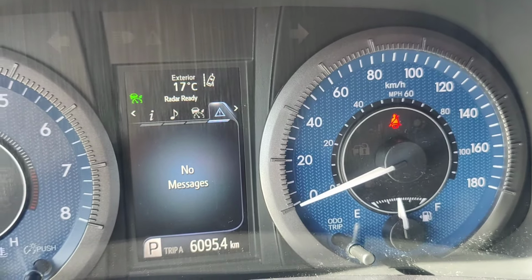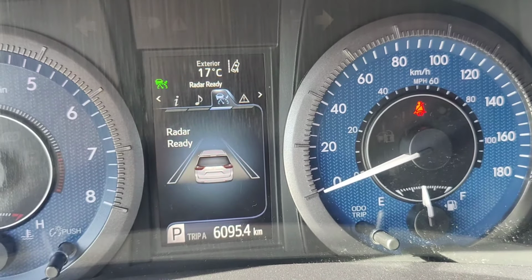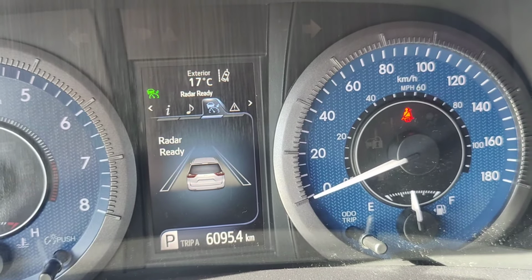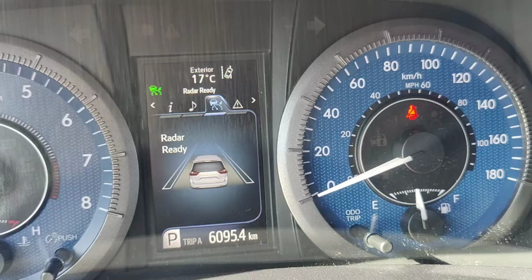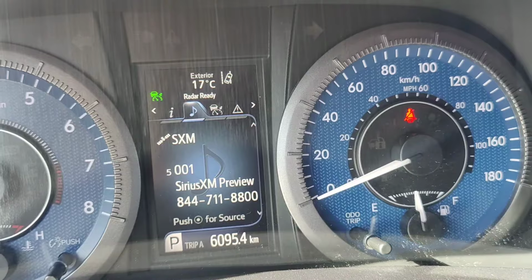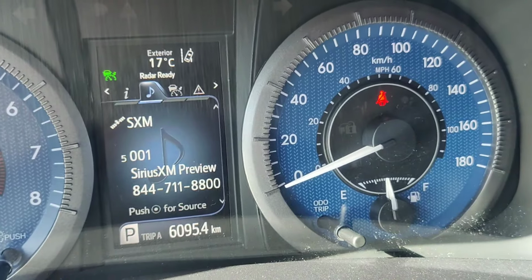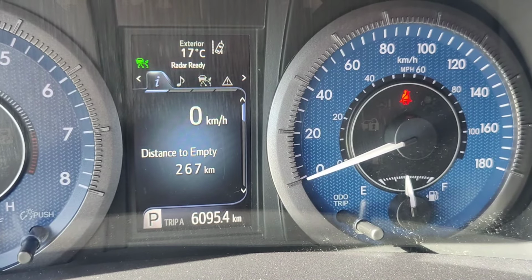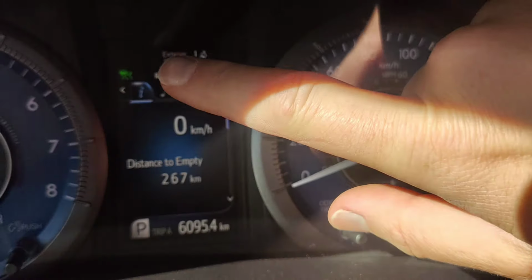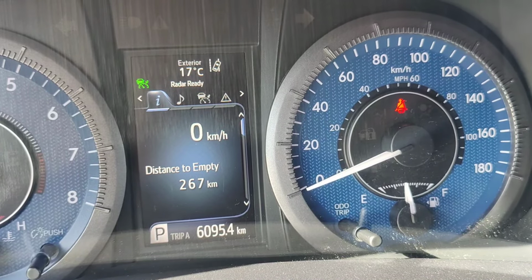So we have alert messages, like tire pressure alerts, system errors, service engine lights and stuff like that. We have our radar ready, which again is for the pre-collision alert system and lane departure warning system. And I believe possibly radar cruise control, but please don't quote me on that. We have our music, so whatever music is currently playing, and you can actually control that from here as well. So if you want to switch between AM, FM, Sirius XM, etc. We have our digital speedometer, distance to empty there, and then our settings again. And you'll also notice up on the top of that, we have external temperature as well. So currently it is 17 degrees,